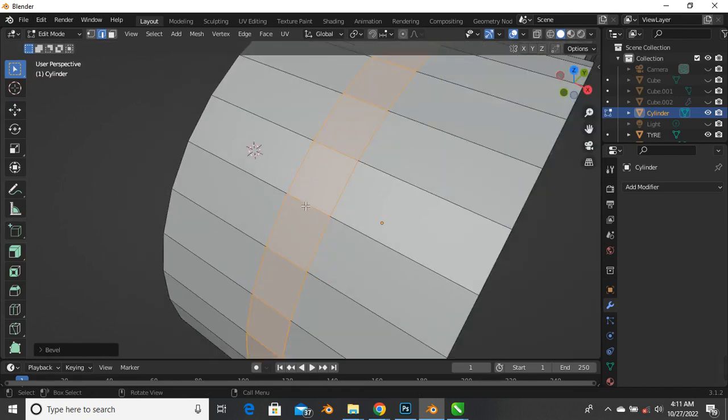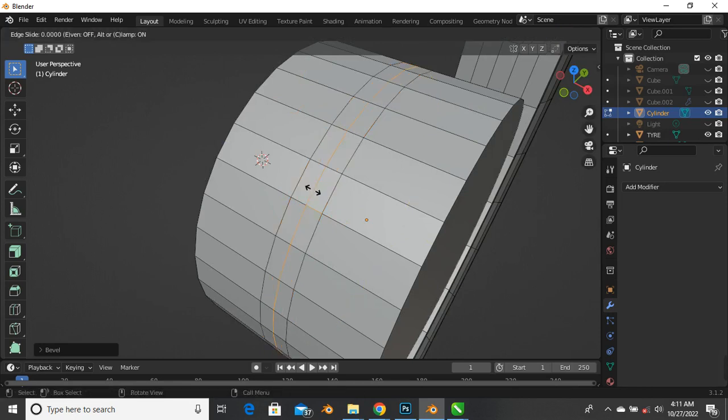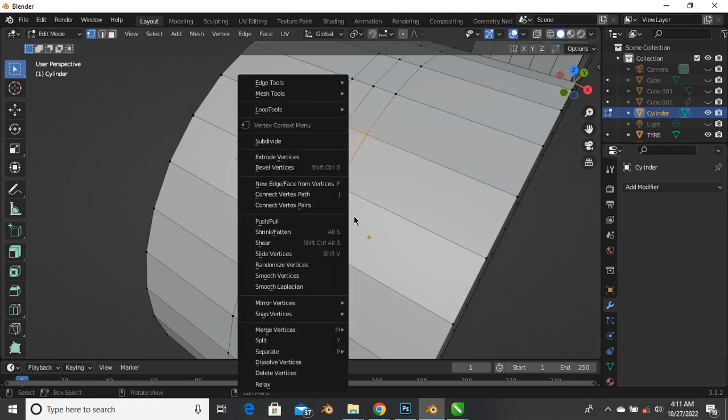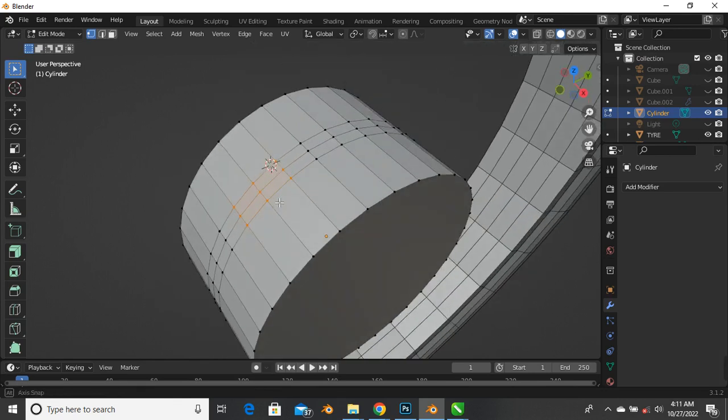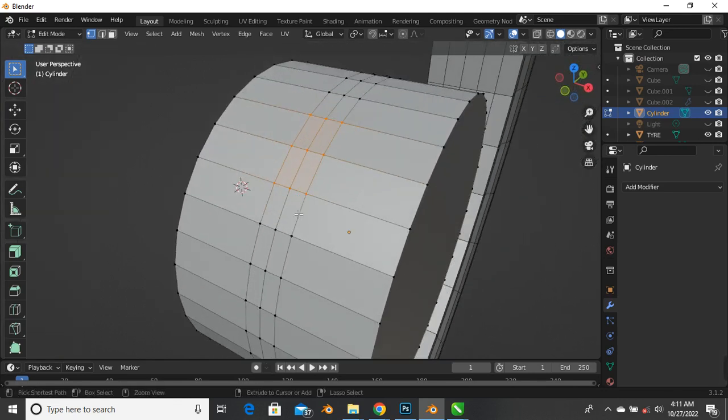Now let's add one more loop cut to it again, Ctrl R to add the loop cut. So now let's press 1 or come to this point and select vertex mode, so we can select all these now, and this we can right click on. But what I want to do now, I just want us to do it very simple. So now let's do Ctrl Z back,